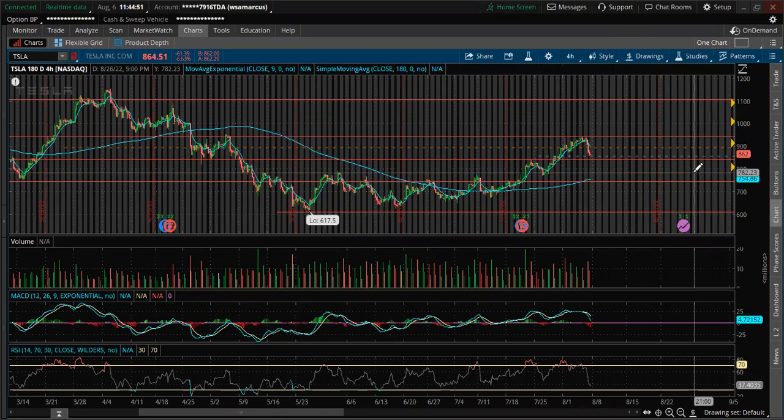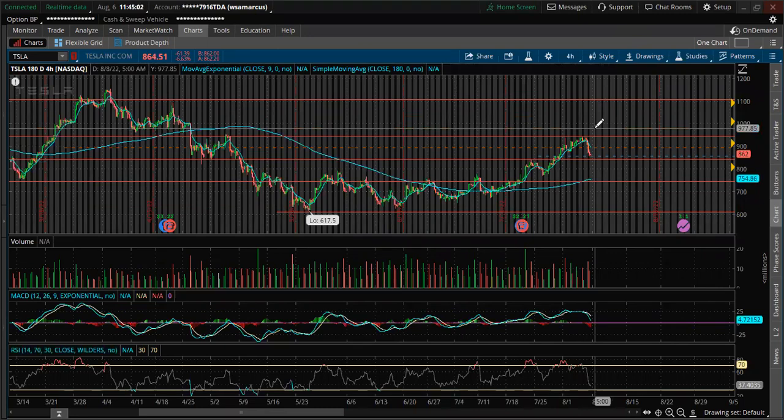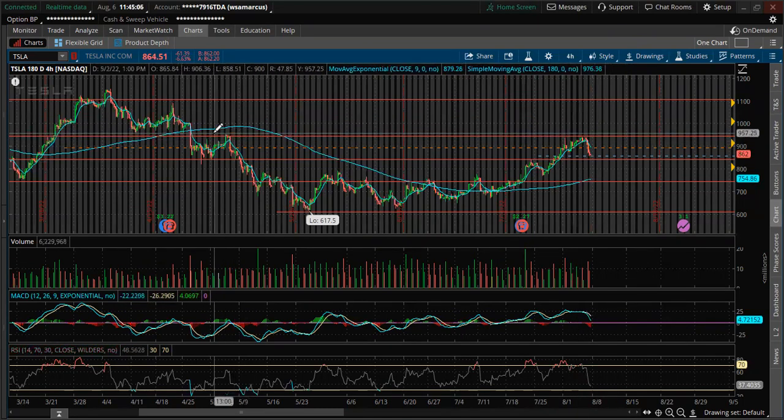So, looking at the overall bigger chart, whenever I analyze a stock, I always like to look at the overall 180-day 4-hour chart to see if there's any support or resistance zones. That's the main key when it goes into charting support and resistance, finding previous areas in which that stock basically struggled from, right? So even if Tesla had news yesterday, which Tesla had news about a possible stock split, and